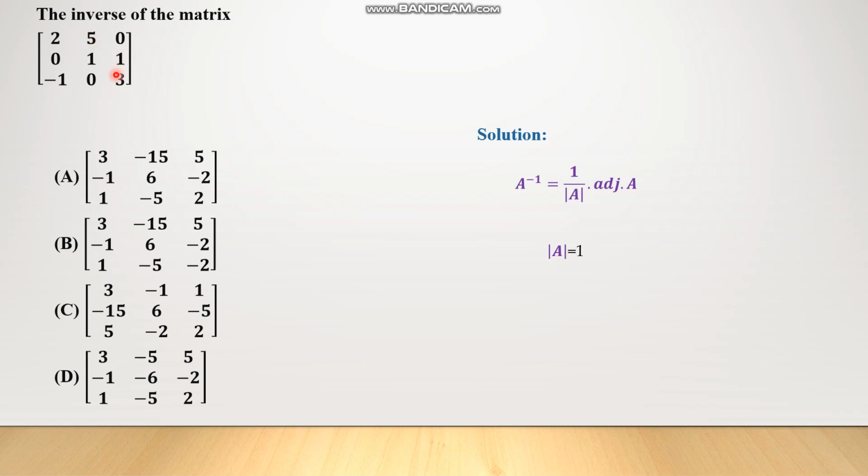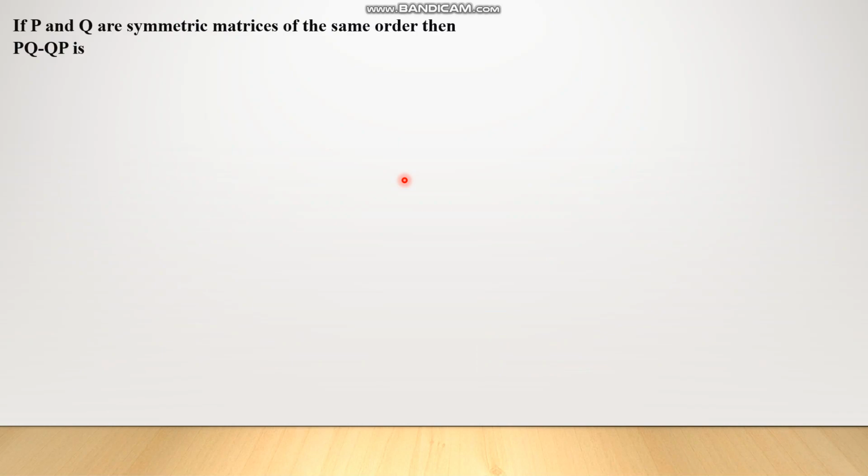Then you get the answer as 5 3s are 15 minus 0. So we have 15 here. And as you know, the sign changes to minus 15. So obviously the answer is option A. Though it looks like a bigger or longer method, you can do it faster, or you can go for the shortcut also, but look at the answer once. Whenever you have different elements, this method is better, and if you have similar elements, we can go to the shortcut method. Let's move on to the next question, the second question.